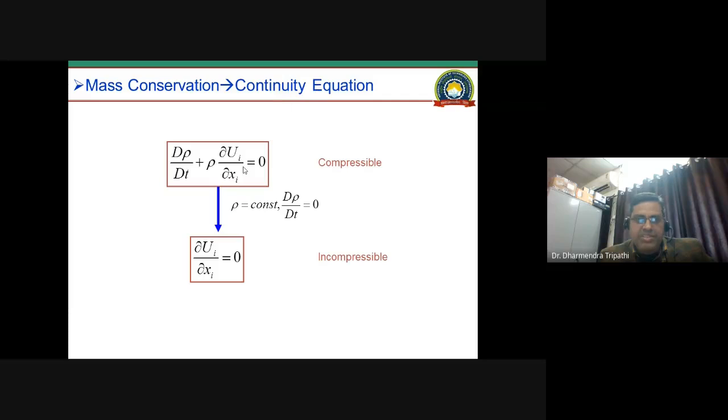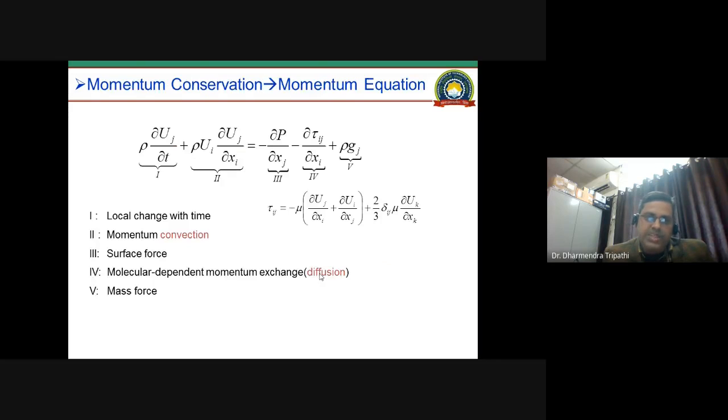Terms of continuity equation. So for compressible fluid, we have the equation, and for incompressible, I will not give much time because my motto is to show my model. So this is the momentum conservation. Again, momentum conservation, you can see the left hand side is the inertia term, and the inertia term,